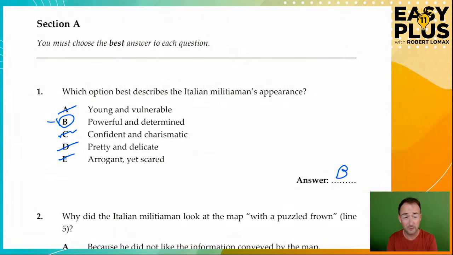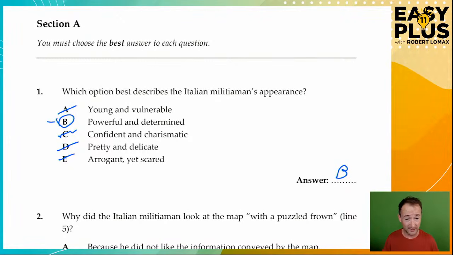But here I'm going through a bit more thoroughly so that you get the hang of the technique that's involved here. In other words, we're eliminating, getting rid of the things that can't be right, keeping an eye on the things that we think might be right, and making sure that they are the only things left over. And then at the end, if there's more than one, then we have to work out how to choose between them. But in this case, there was one that was quite likely, 4 that didn't really match, and so it was quite straightforward. That's the core of the multiple choice technique that I teach.